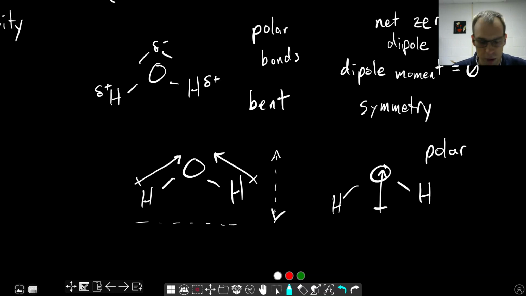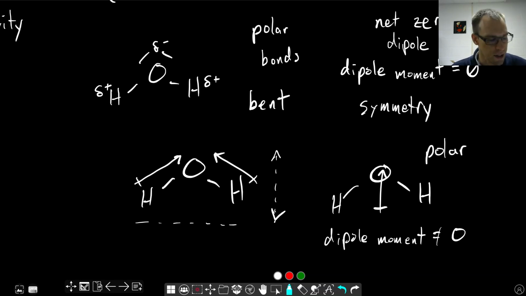So water is polar, and that leads to a lot of consequences for water. Water, because it's polar, is very good at dissolving things, particularly other polar things like ions, and so that's why we think about solubility of ions in aqueous solutions. Water is a very good solvent, meaning it can dissolve lots of different kinds of things. And one of the big reasons for that is this polarity in water. All right, and so we could say that the dipole moment is non-zero,